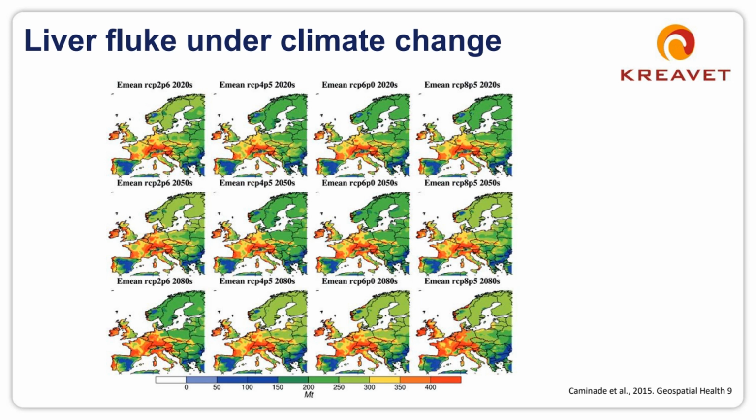And what is seen is that also for liver fluke, depending on where you are in Europe, but overall, for instance, the transmission season can be extended by up to 2 months. So it will start earlier and it will stop later in the year that transmission is possible. However, in the south of Europe, the transmission season will be changed in timing. So there will be a transmission opportunity in spring. In the summer, it's becoming too hot, and there's an extended transmission opportunity in autumn. But overall, things are changing.